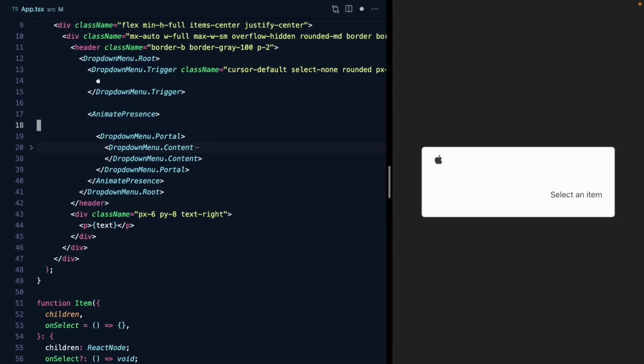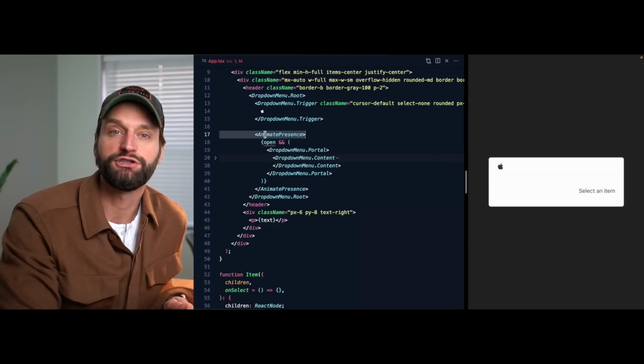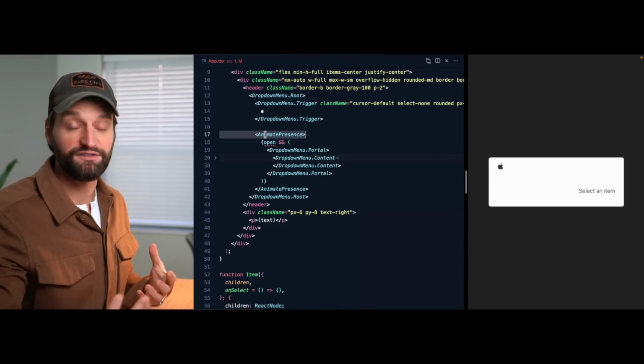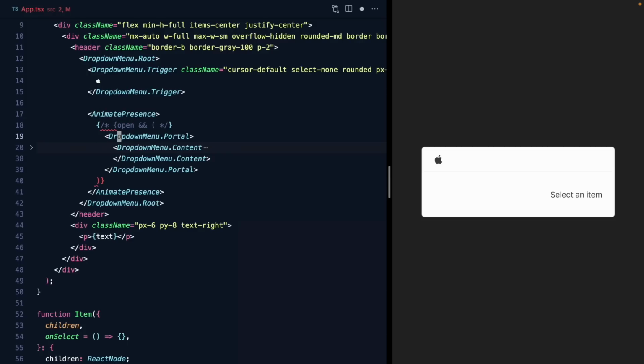And so what we need is some way to basically say open. If open is true, then we want to render all of this stuff. This is the idea. And this is exactly how Framer Motion is able to make exit animations work. But how can we do this? Well, first of all,